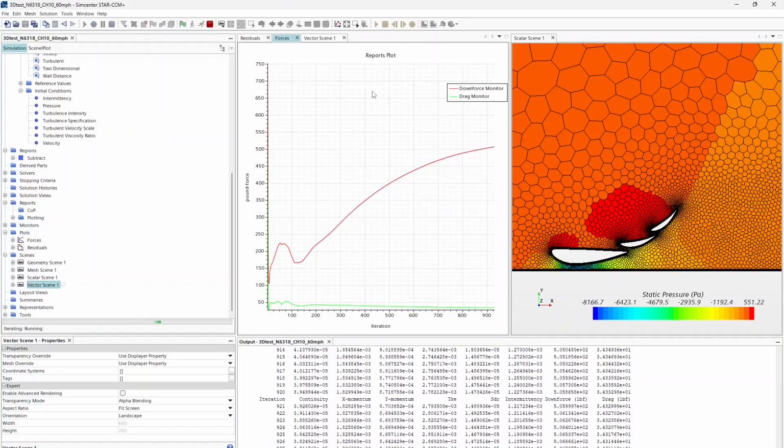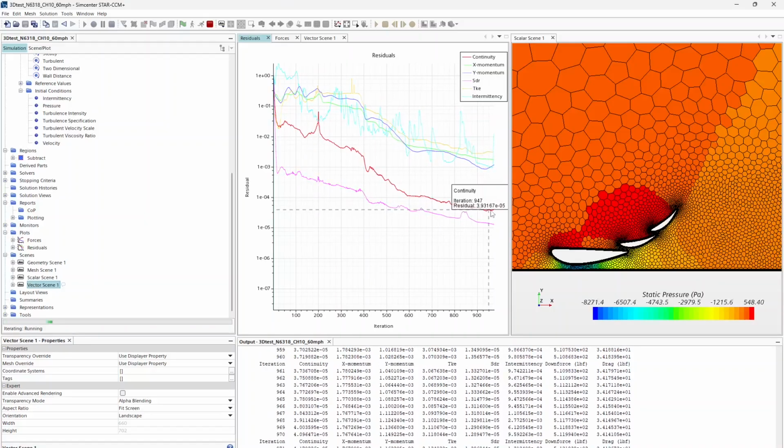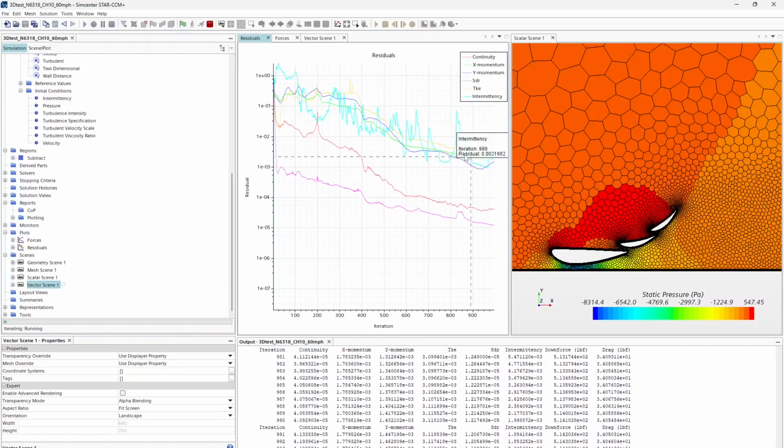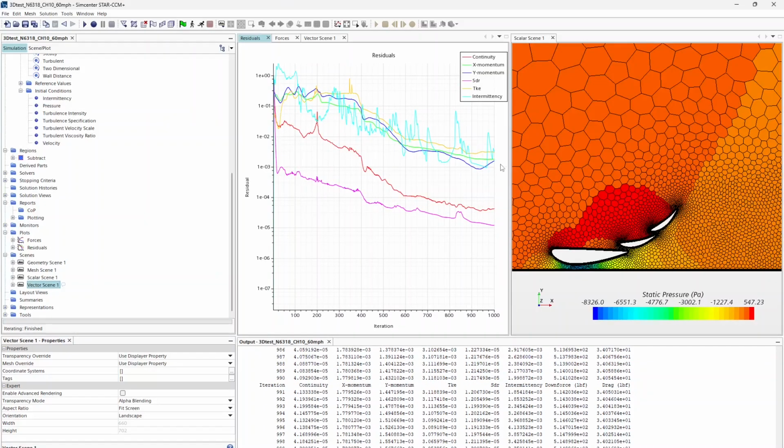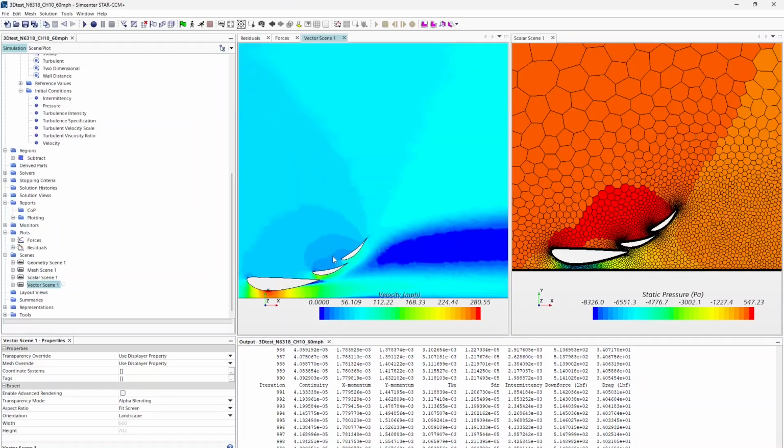Looks like we are approaching a level up. And residuals have gotten a lot lower than what they were initially. I would like to see the intermittency not jump so much, but for the purposes of this tutorial, hopefully we're okay, and maybe we can smooth some things off with some changes. So, looking at our results,